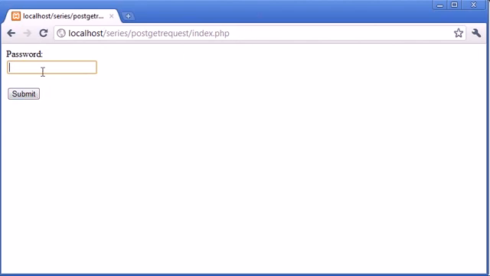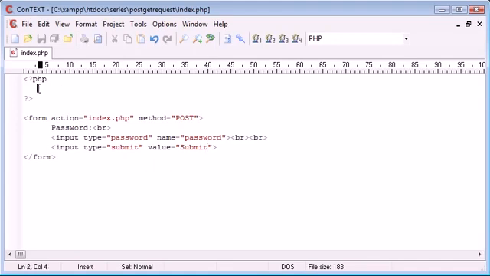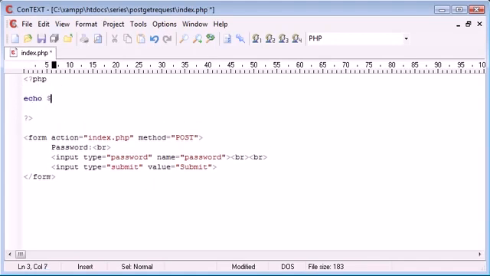However, now if I was to type, say, password in here and click submit, we've actually submitted this to the form. The data has been submitted. However, it's not visible up here, and obviously at the moment not visible on the page because we haven't done anything with the data. Now, just to show you the example, I'm going to echo out $_